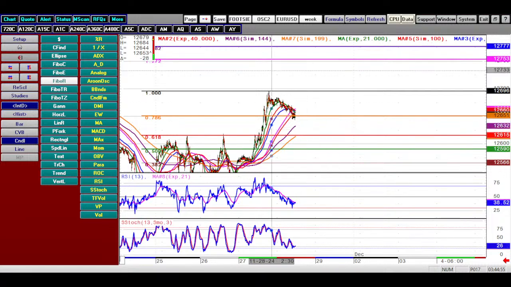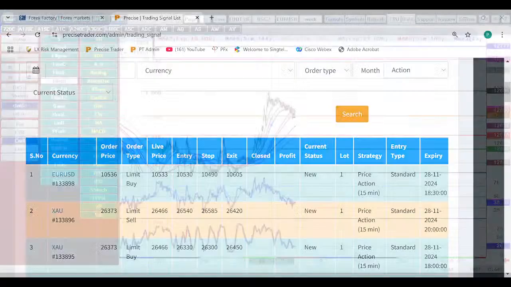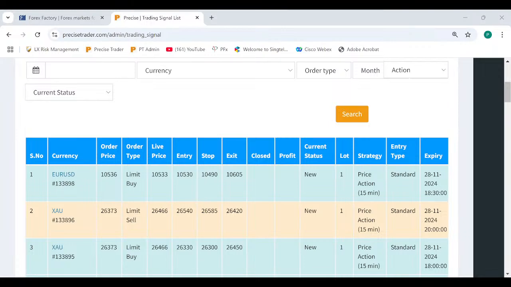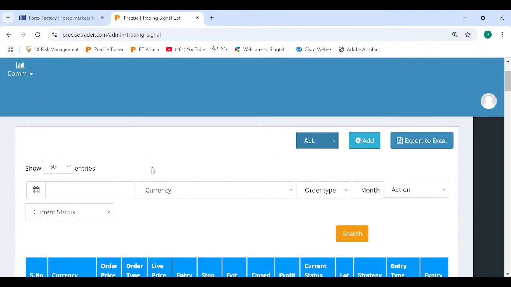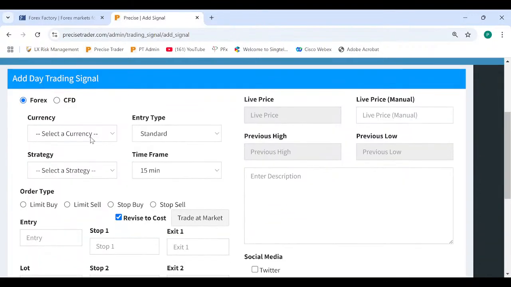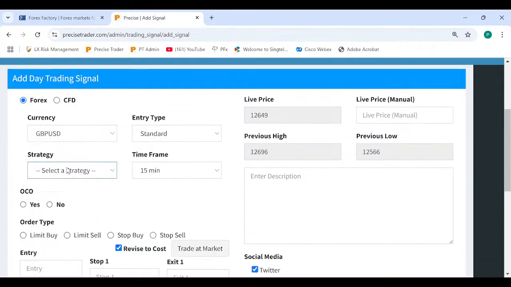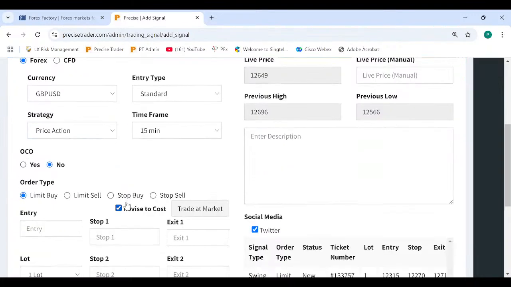Okay, so what we will do is, we will put in a trade. This is a day trade. First we put a day trade. Remember, we don't want to miss this trade. Okay, we will try to buy at market or near the market. And the stop we will give at